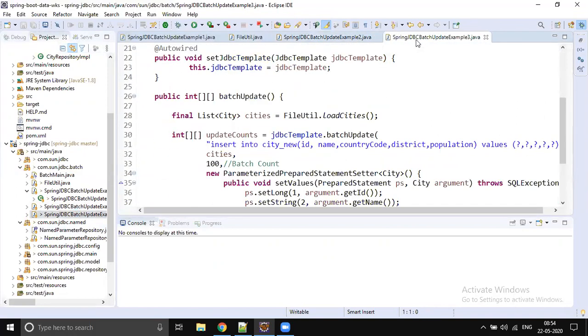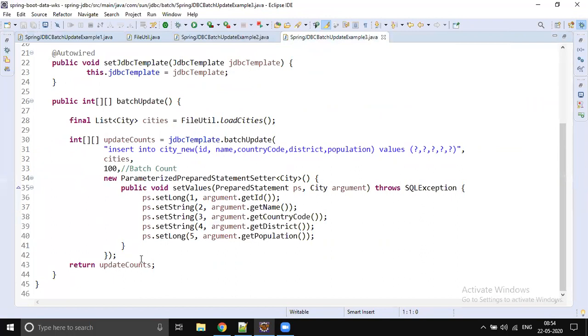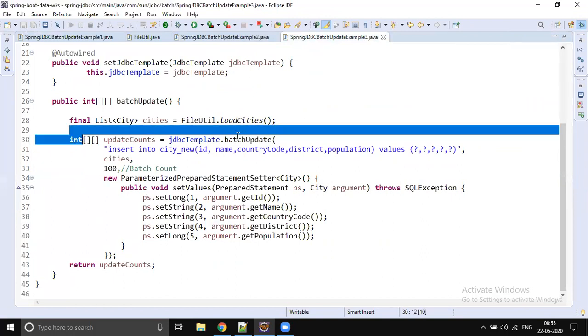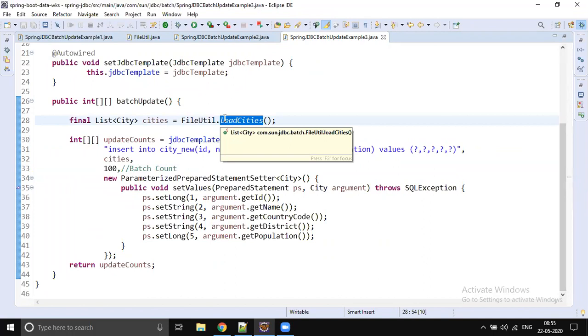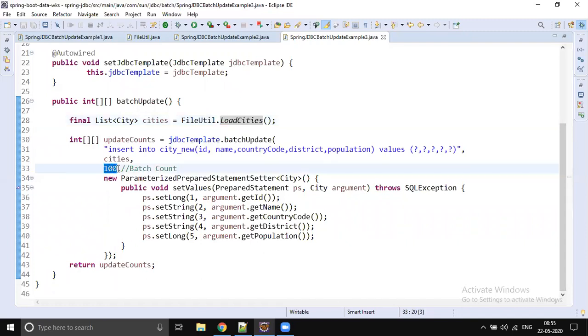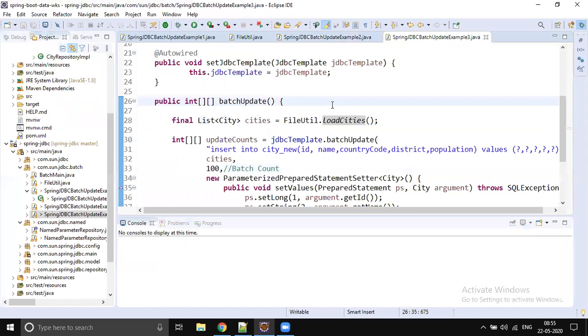That support is available from Spring JdbcTemplate. You have to use the overloaded method, and you should specify the batch count. So for example, if your file has 10,000 lines or 20,000 lines, it won't execute all 10,000 or 20,000 lines in one go. It will execute like 100 at a time, right? So like sub-batching. That is also available. So you can just choose whatever is suitable for you, right? So it's also possible to do batch processing using Spring JDBC.